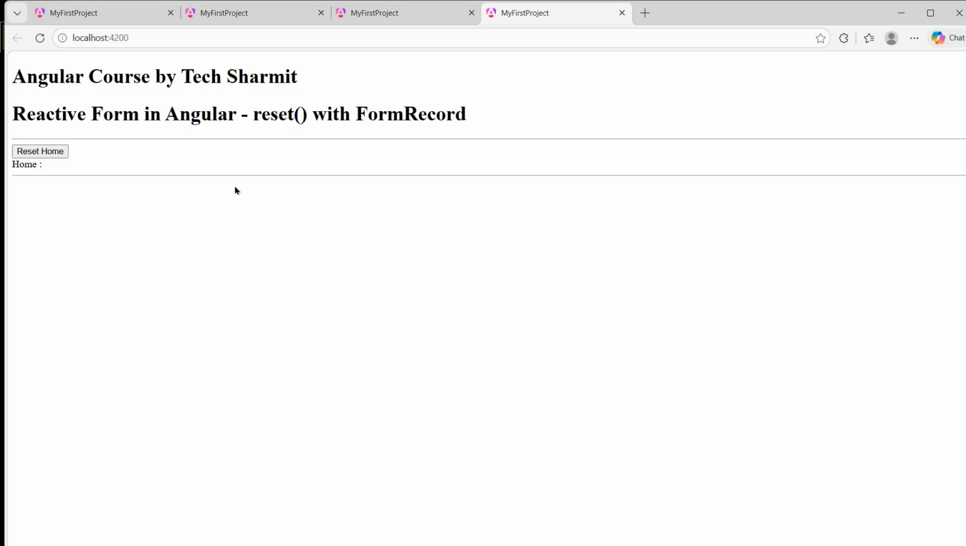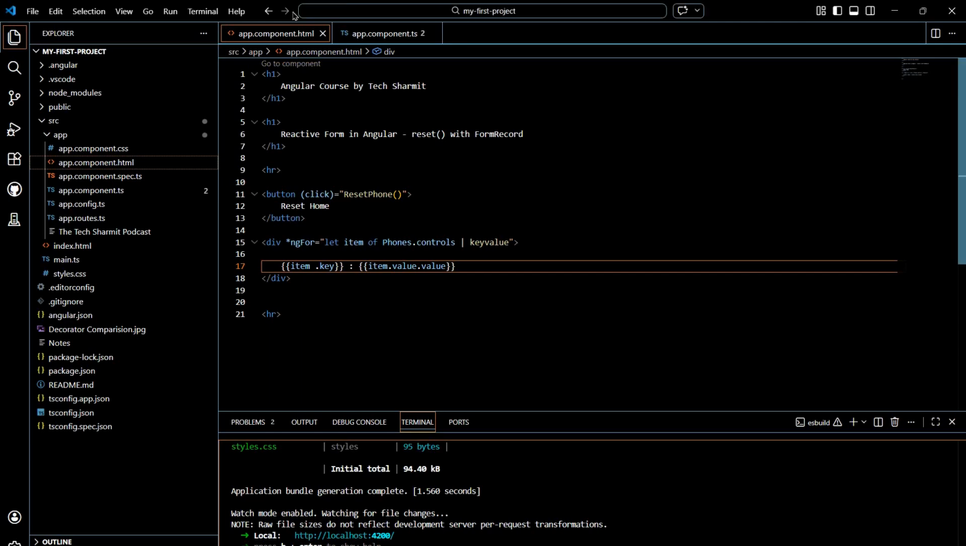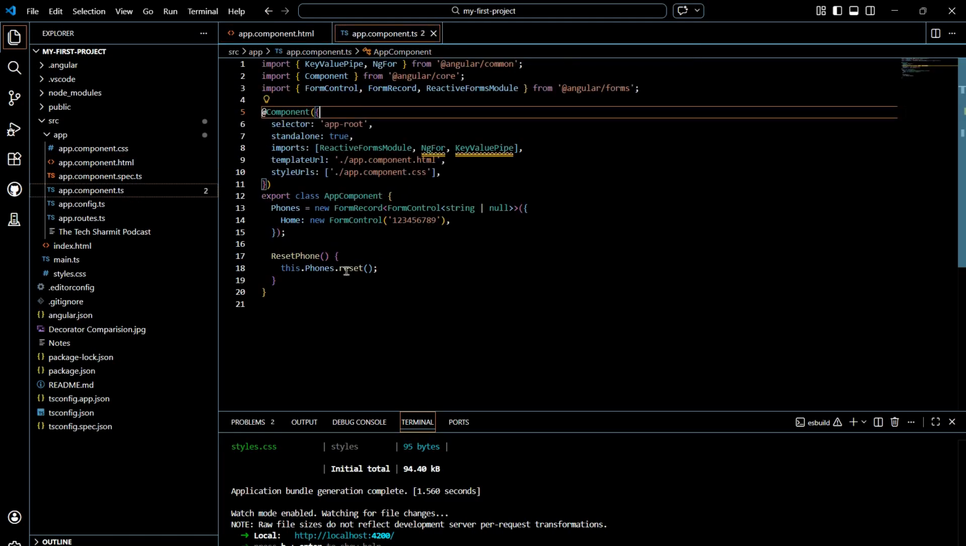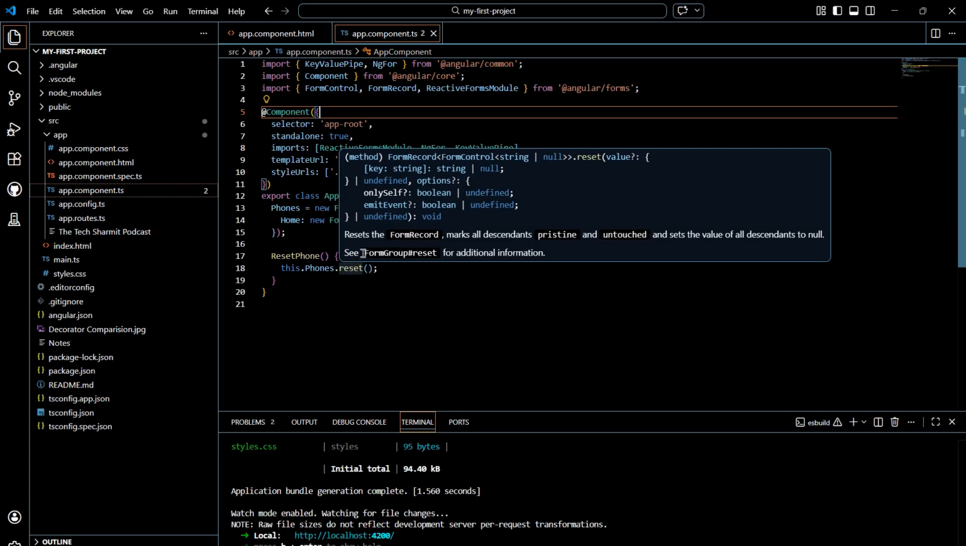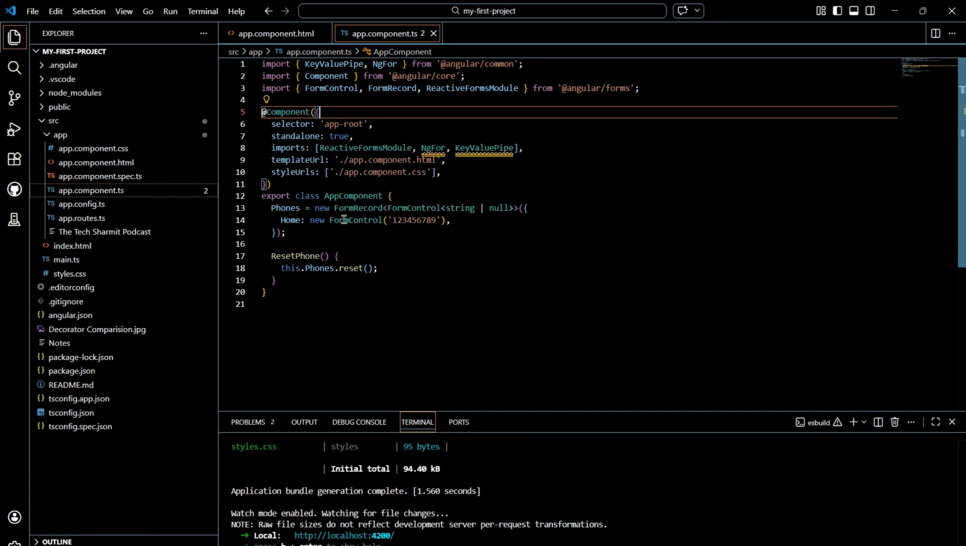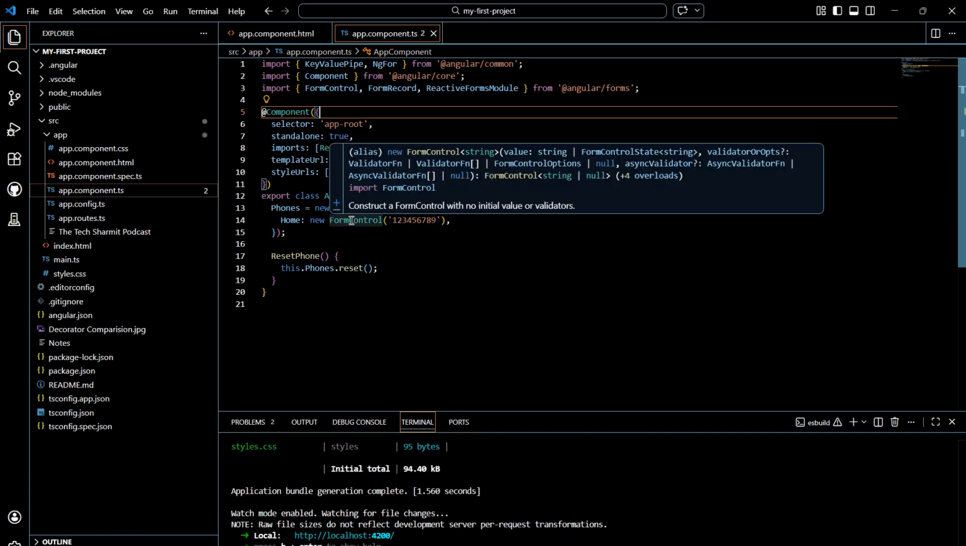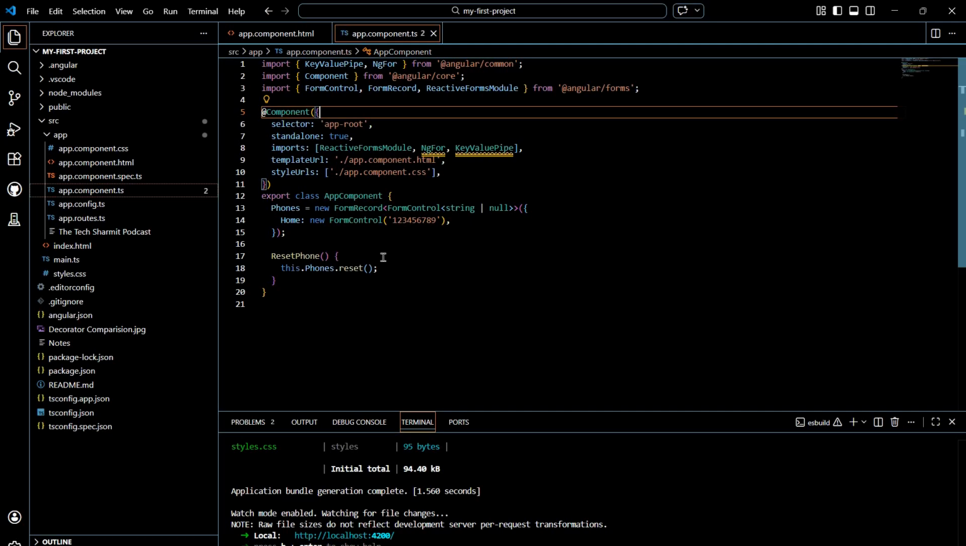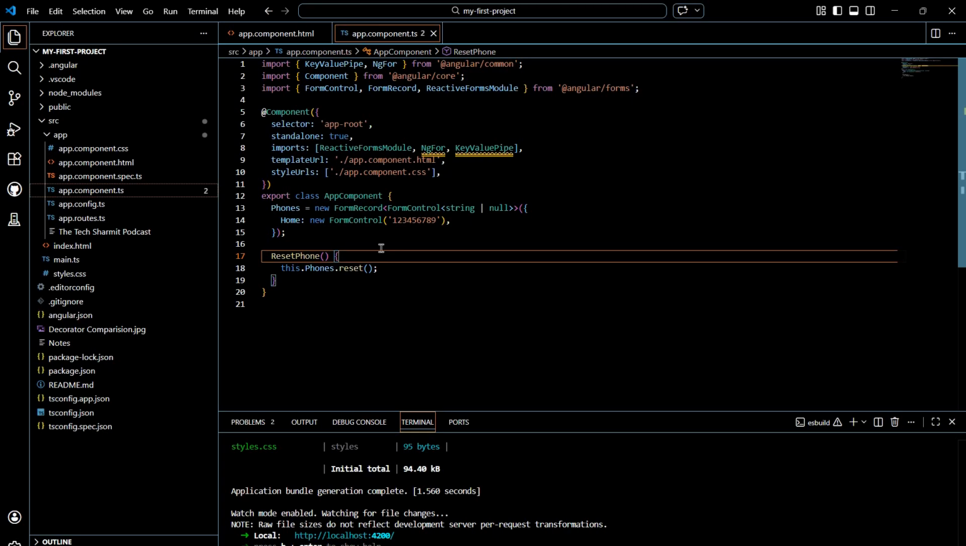Okay, that means once the user clicks on this button reset home, it executes the method resetPhone, and here we are doing this.phones.reset, so it will just reset the values and make them blank, and the same thing happened here also. Okay, so this is exactly what I wanted to share with you all in this session. So here we mainly learned about the reset process, how the reset process works, and what the syntax is, also